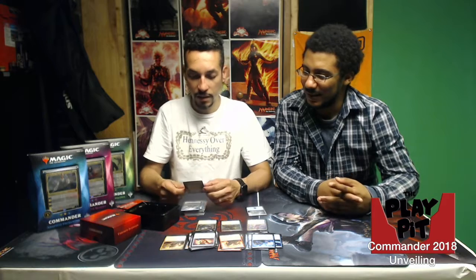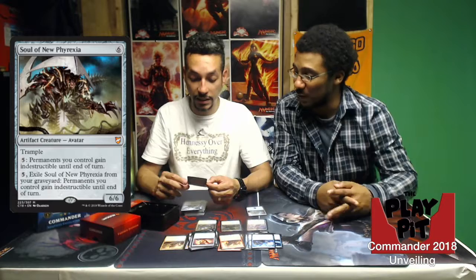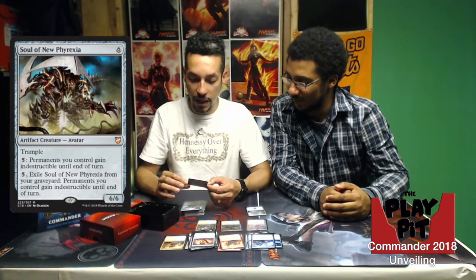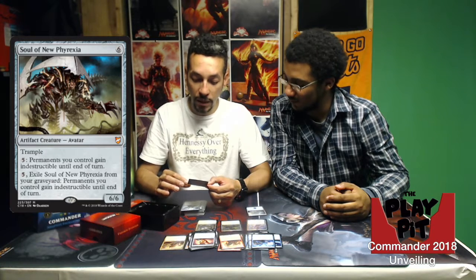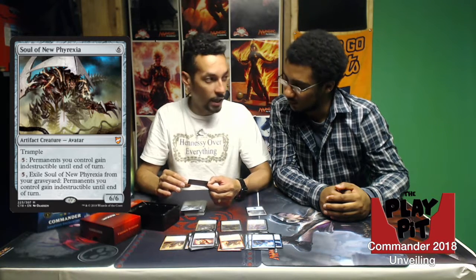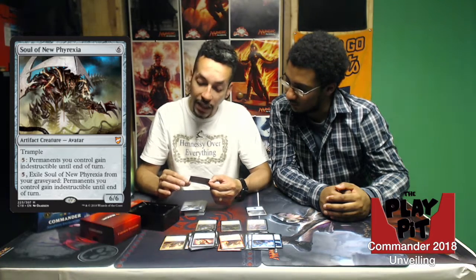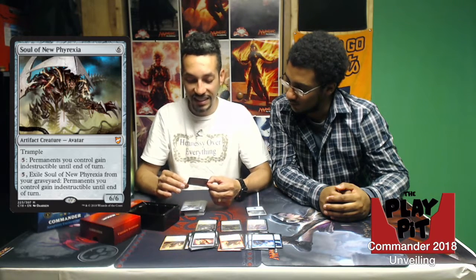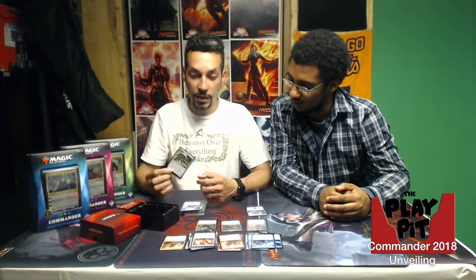Man, crazy. Okay, next up we have Soul of New Phyrexia. This is actually a mythic that costs 6, and it's a 6/6 creature with trample. It's an Avatar. If you tap 5 lands, permanents you control gain indestructible until end of turn. If you tap 5 and exile this from your graveyard, permanents you control gain indestructible until end of turn. This can definitely be a game-changing card,